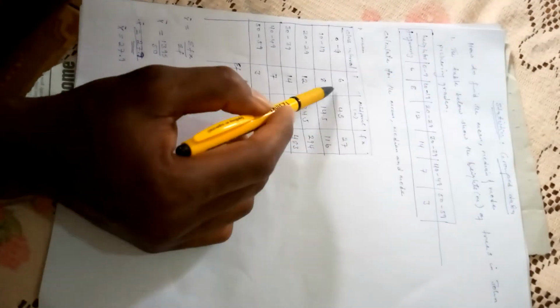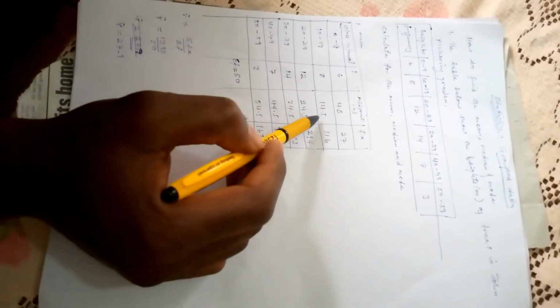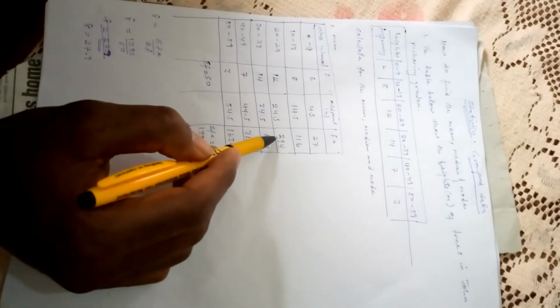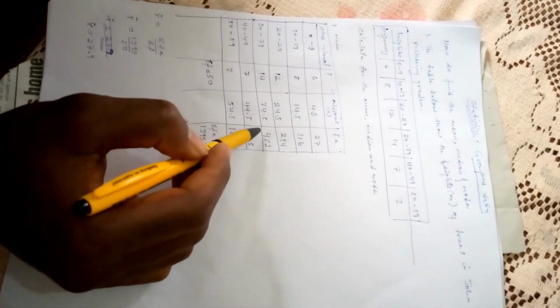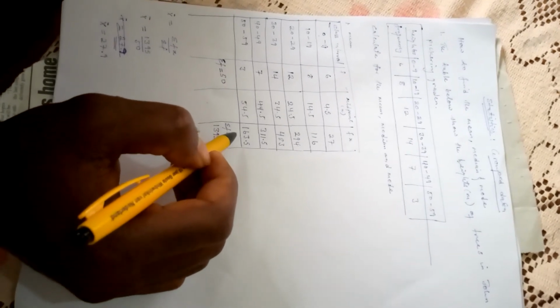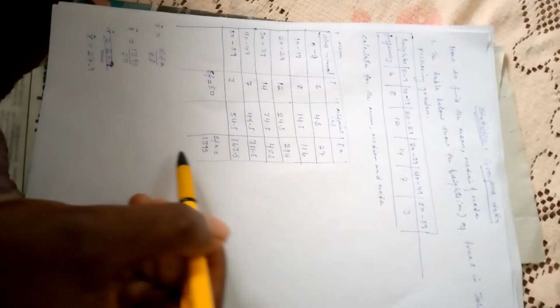So when you multiply these two, 6 times 4.5 will give you 27, and 8 times 14.5 will give you 116. 12 times 24.5 will give you 294, and 14 times 34.5 will give you 483. 7 times 44.5 will give you 311.5, and 3 times 54.5 will give you 163.5. Now the summation of the frequency, when you add everything, is 50, and the summation of fx is